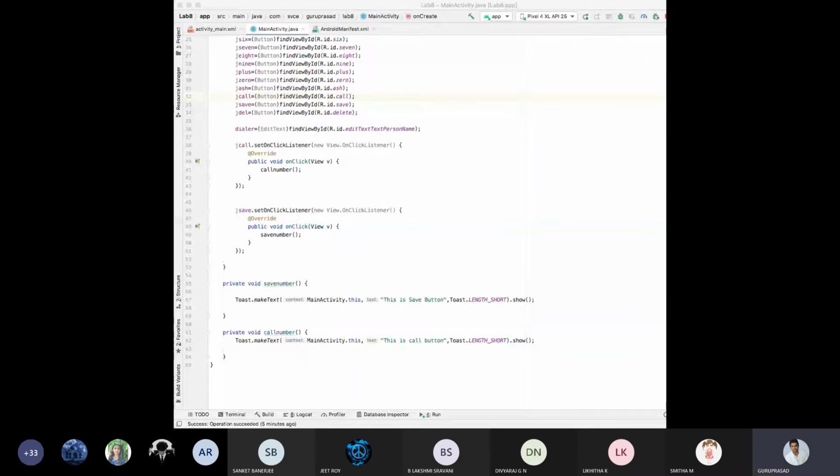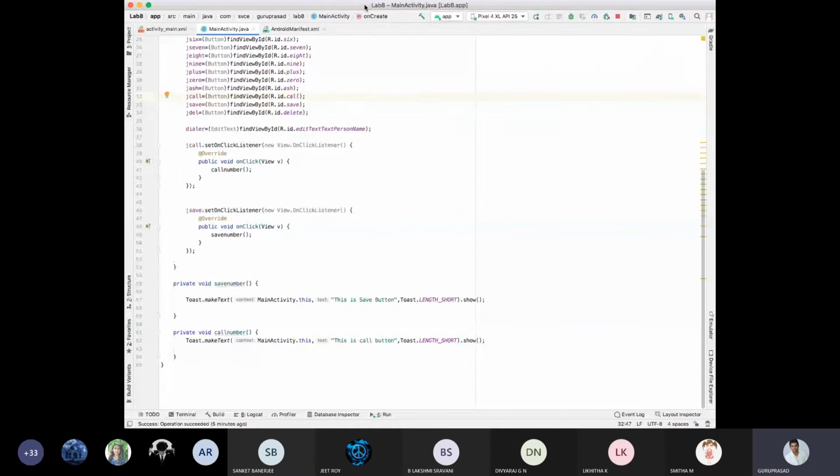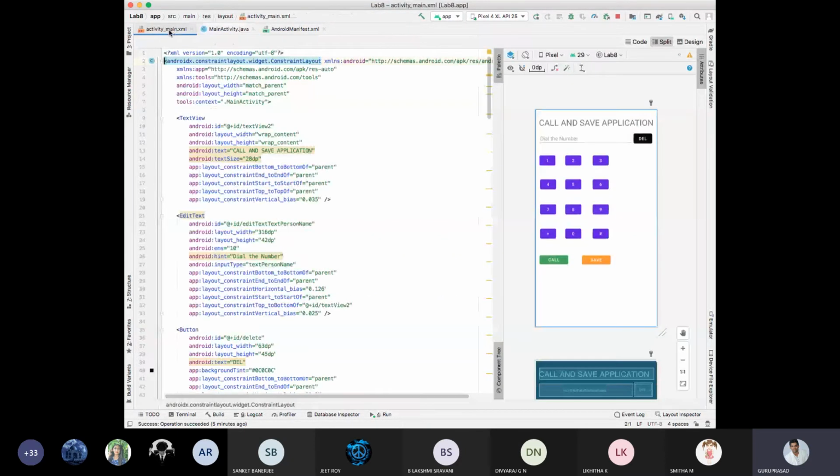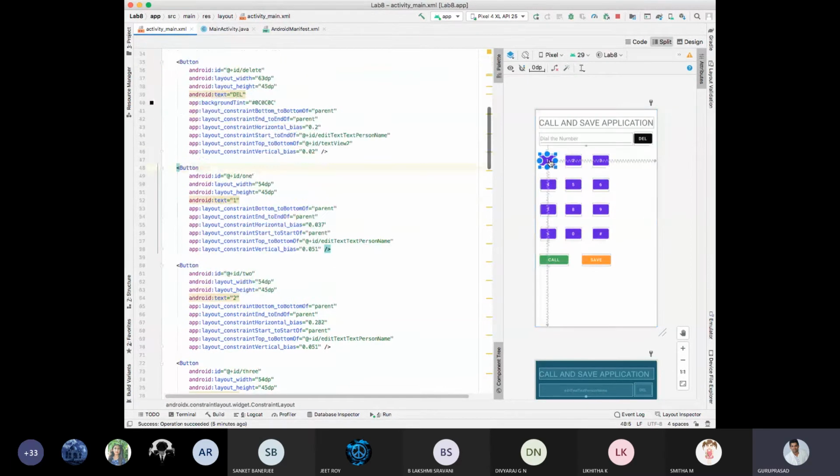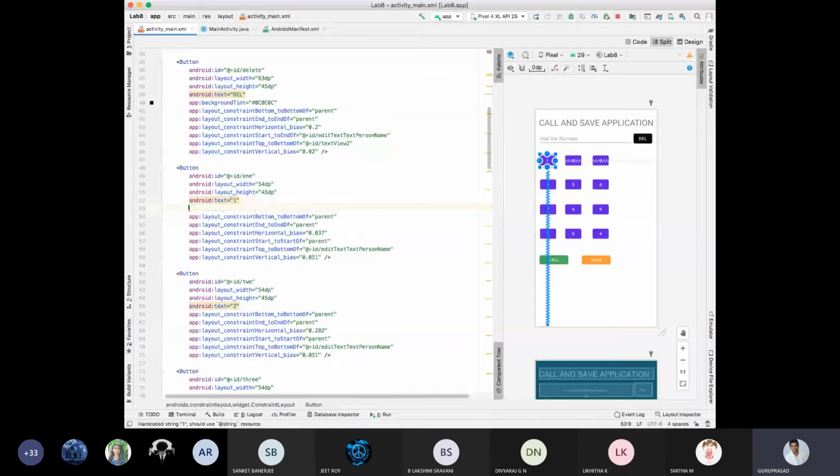So one more method is, for each button you need to mention on click. On click is equal to some name you should tell, button click. It will be in red mark because it has not been used.